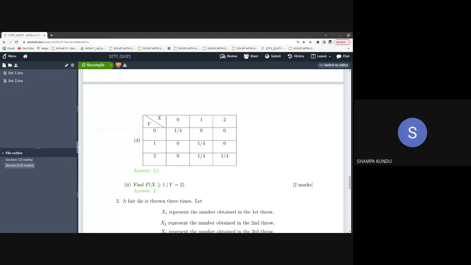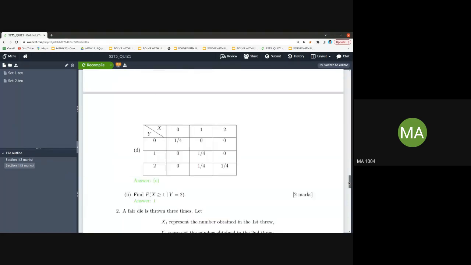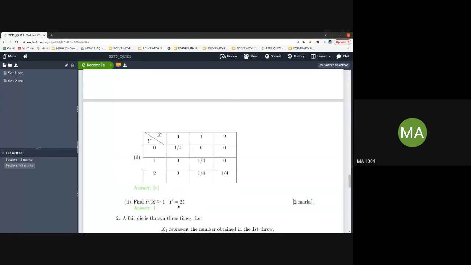Okay. Then we find the intersection, the common area, and we just add the probability. This is the process, no? Okay, then I will explain in your way only. You want x greater than or equal to 1 given y is equal to 2, right? So when this happens, this is conditional probability.